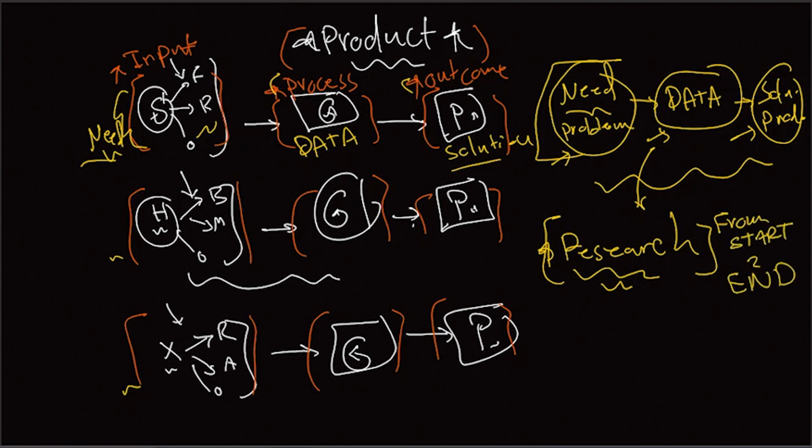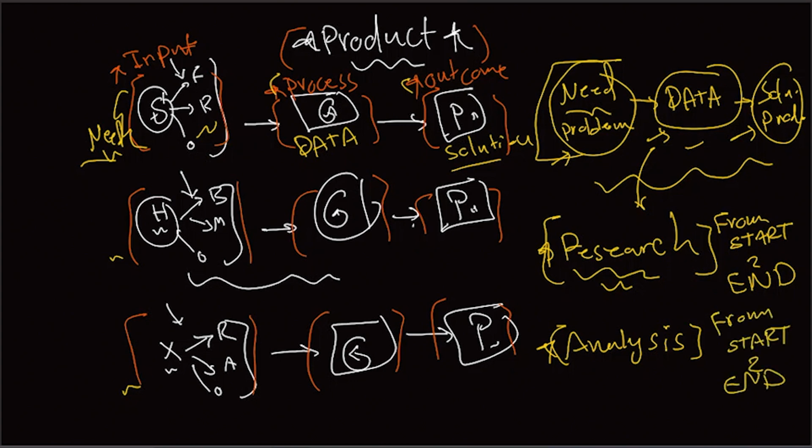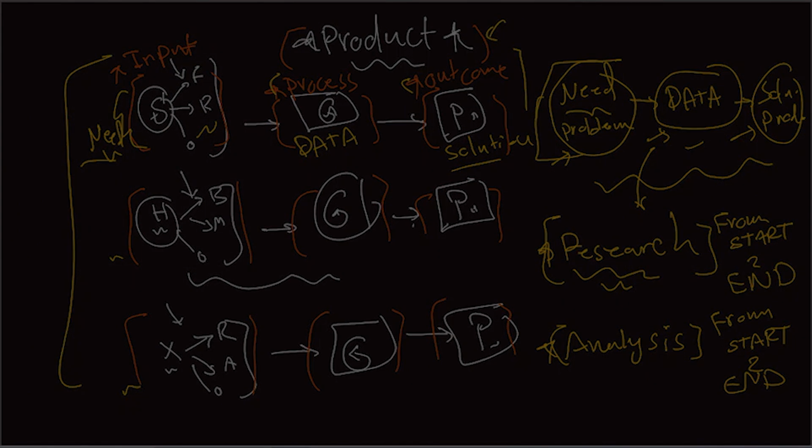Now, in the second block of the process, as I said, I will keep the data as it is, but the important terminology in line with the data, as the law of nature tells us, is that once you have data, you need to do analysis. So in other words, you must have the capacity to understand analysis from the start to the end. This is the entire idea of this graph that you see on the screen here, given the example of a product perspective. Now, what we could conclude, we have research from start to the end, and then we have analysis, once again, from start to the end.